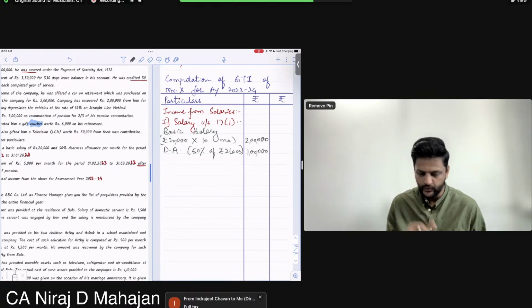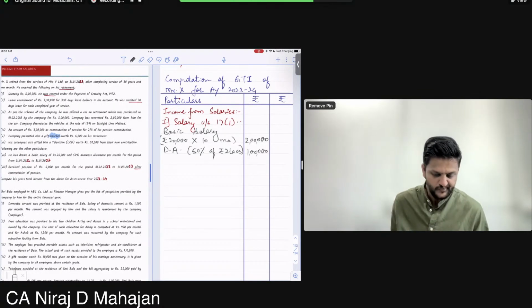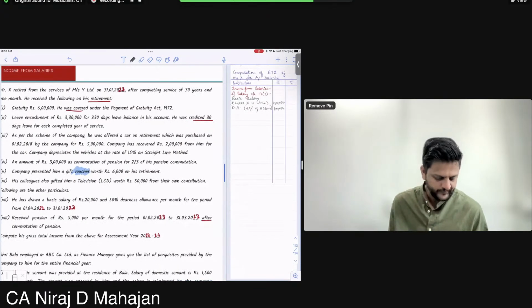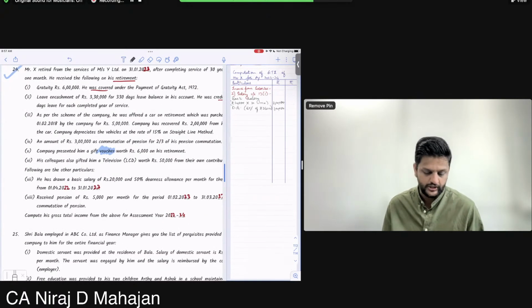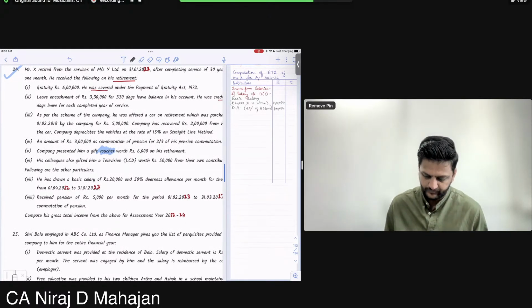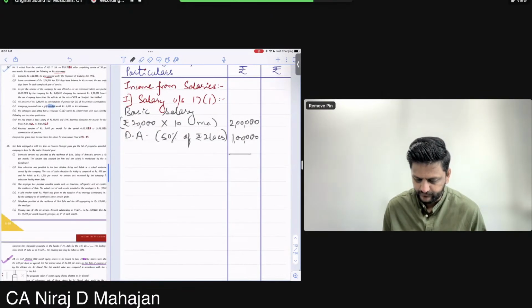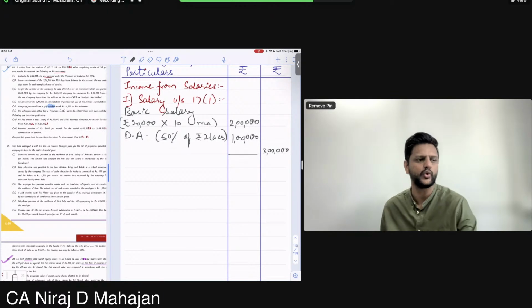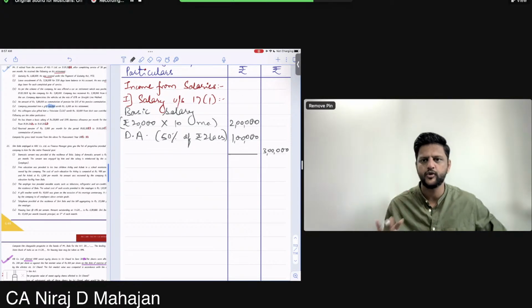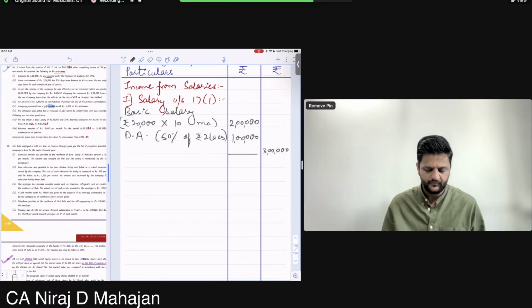Any allowances given in the question? Any other allowances, bonus, commission, which may go under 17(1)? No. Voucher will also be perquisite. TV, pension. Pension is there, no? But we will take it under 17(3) salary, right, everybody? So 17(1) salary, we have 3 lakhs. At your level, even if you mix up 17(1) and 17(2) a little bit, it is okay. You don't have to be absolutely correct, because everything is getting taxed in salaries only. Okay, ready?